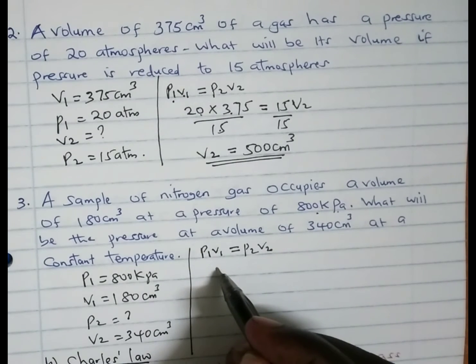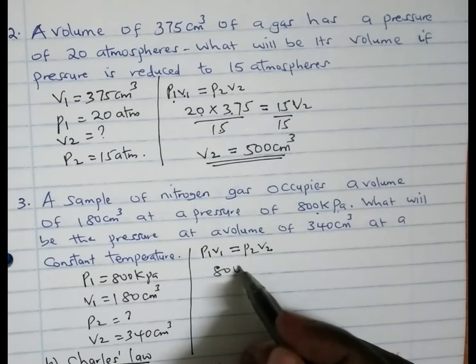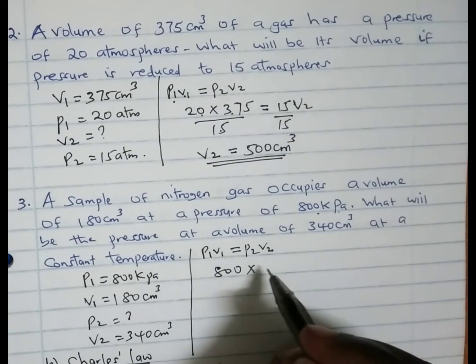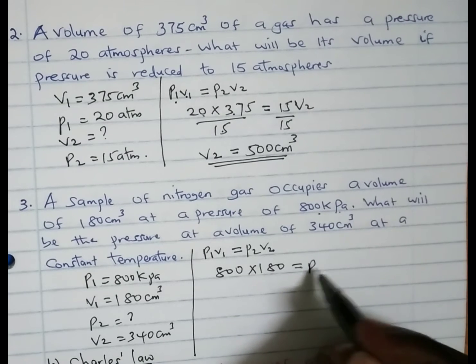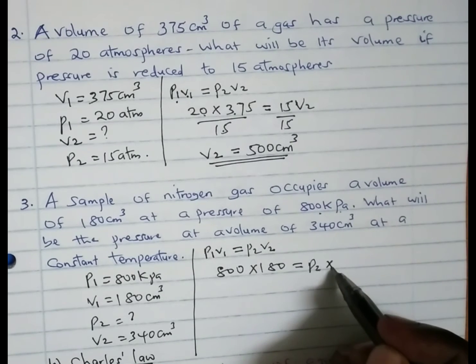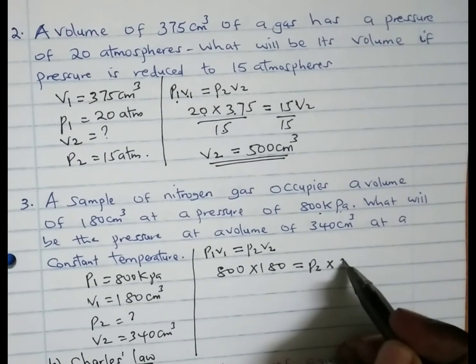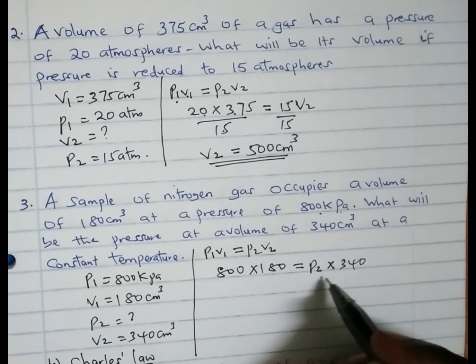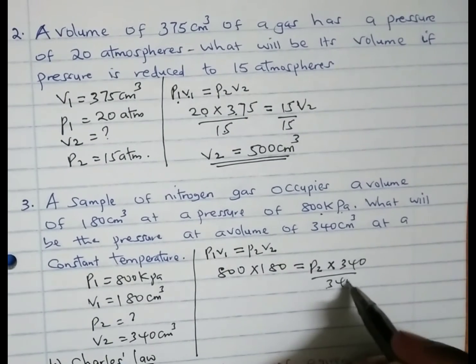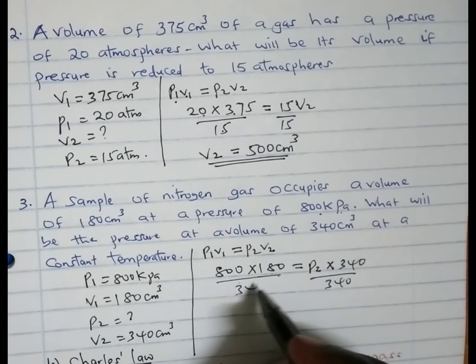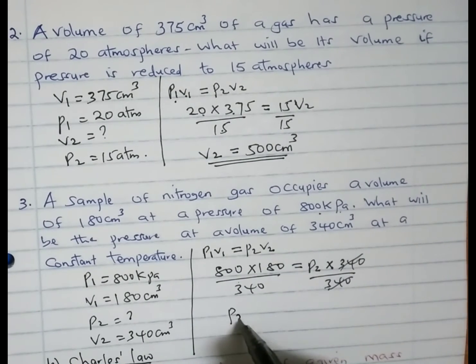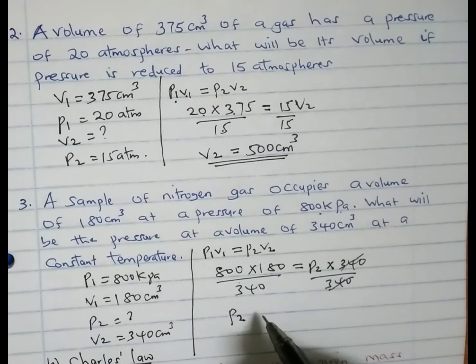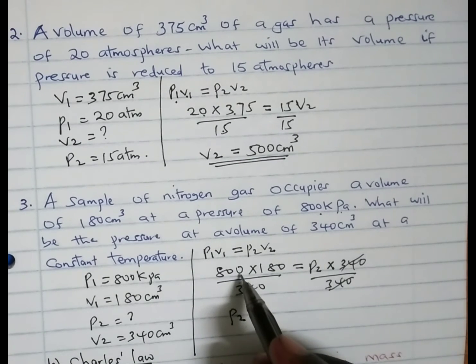Pressure 1 has been given as 800. We multiply by volume 1 of 180, and this will give us pressure 2, which we don't have, multiplied by volume 2 of 340. If we divide by 340 on both sides, 340 and 340 will cancel, so that we remain with pressure 2, and pressure 2 will be equal to 800